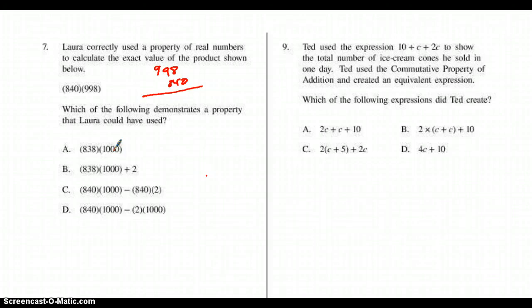B, she multiplied 838 times 1,000 and then added 2. That would give her $838,002 compared to $838,320. So neither one of these makes sense. But if we take a look at C